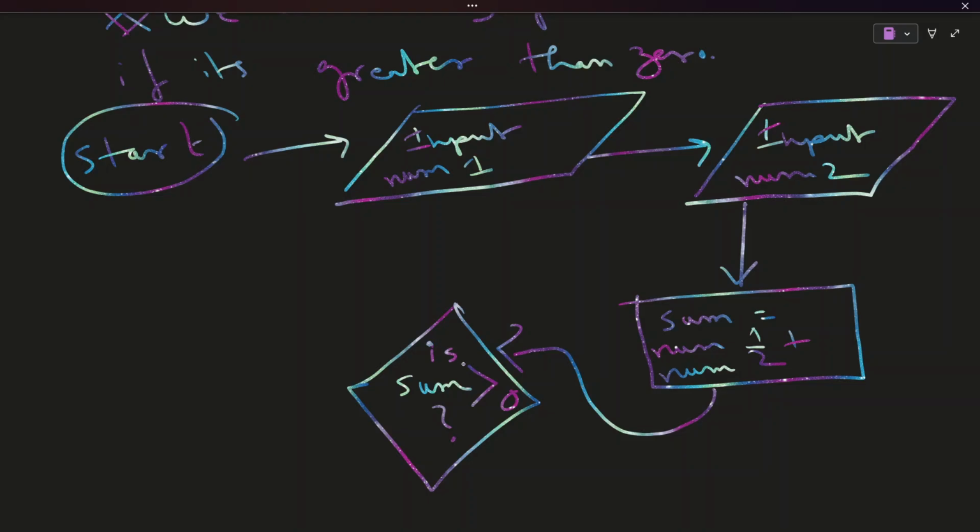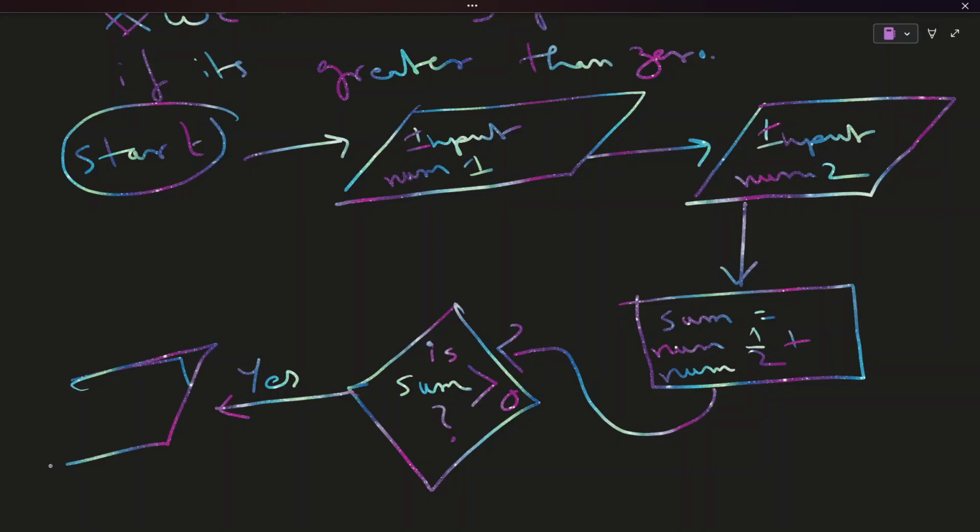So we are asking a question. Is the sum greater than 0? Okay. If the sum is indeed greater than 0, which we say yes, it's greater than 0, we display the